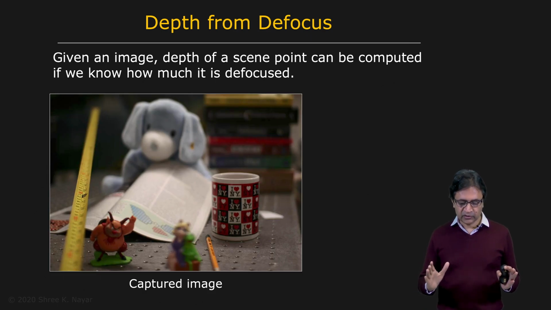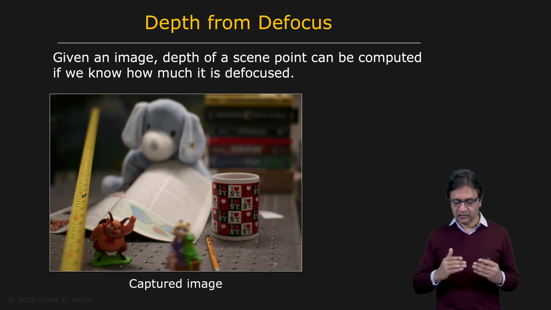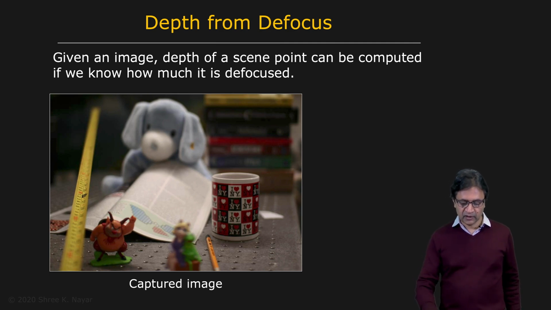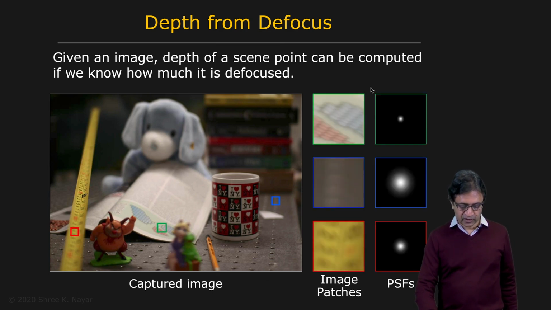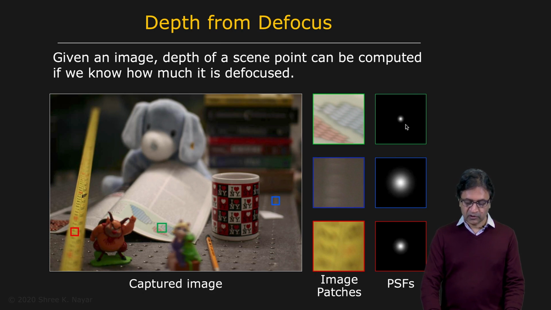Here is a single image shown to you, and obviously the camera has a depth of field and points in the scene are differently blurred from each other. And if you look at three different patches here, say this one, which is on this measuring tape, you see that it has this PSF associated with it. And this point, which is further away in the back, has a much bigger PSF. And this patch on the printed sheet of paper has this smaller PSF.